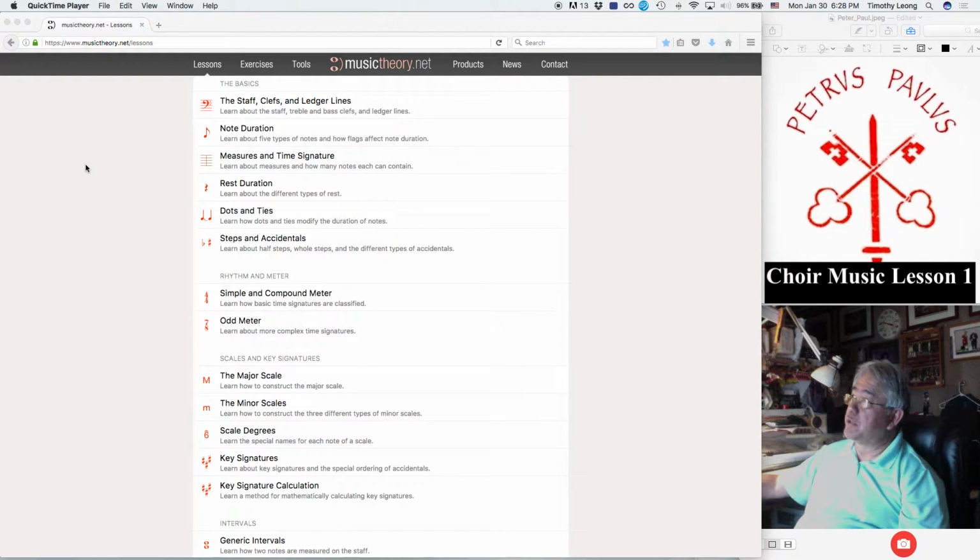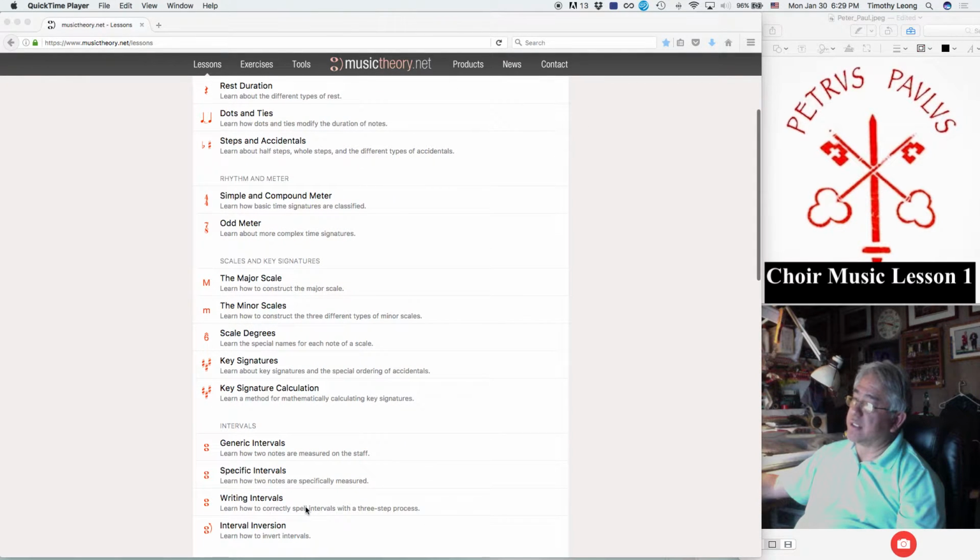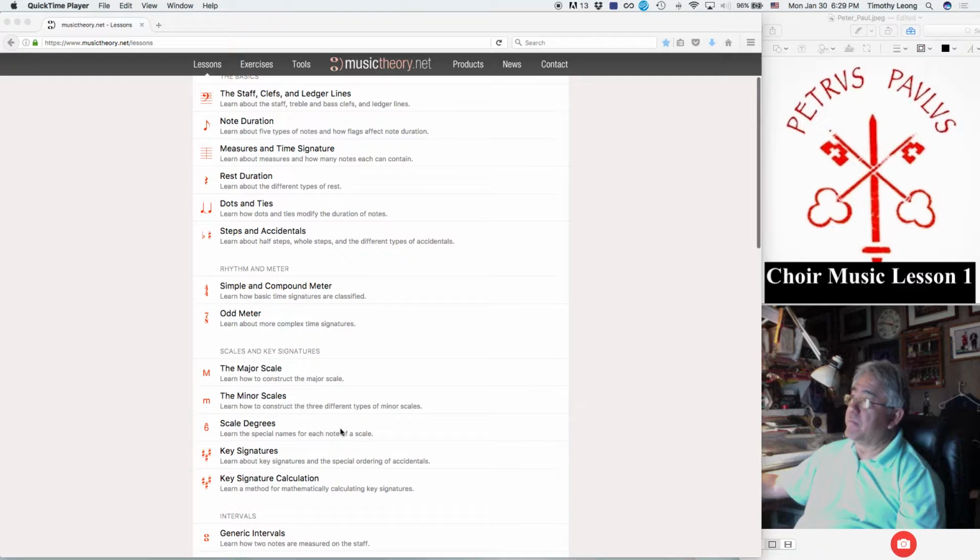We're going to be using this site here called musictheory.net/lessons. And this thing's really great. It has different categories: staffs, clefs, and ledger lines, which we'll go through today. Note duration. I'll just go through some of this stuff so that you can kind of see what's in here. But basically,